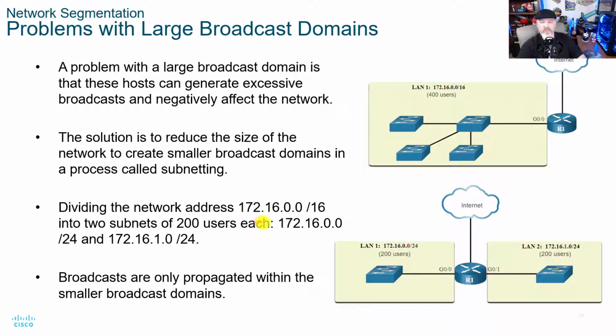We divide the network address, for example here, 172.16.0.0, into 2 subnets. If we look at our example up here, we've got all 400 users in one subnet, and all of that traffic can generate a lot of bouncing around, and it can negatively affect getting information. So we split those off into 2 subnets, or we segment that network into 2 smaller networks, and now we have 200 users here and 200 users here. We have them on each side of a router, but we technically could use a switch to do the same thing. We can do a VLAN, a virtual local area network, and we can use the subnetting or segmentation to do the same thing.